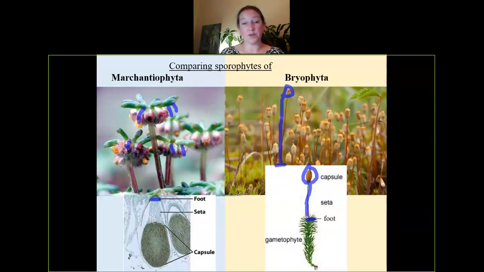It still has a foot, still has a seta. It's just shorter because you can't grow super long if you're heading downward because you don't want to run into the ground. And it still has a capsule. So all the same parts. The only difference, aside from the fact that we have the new structure of the archegoniophore, is that